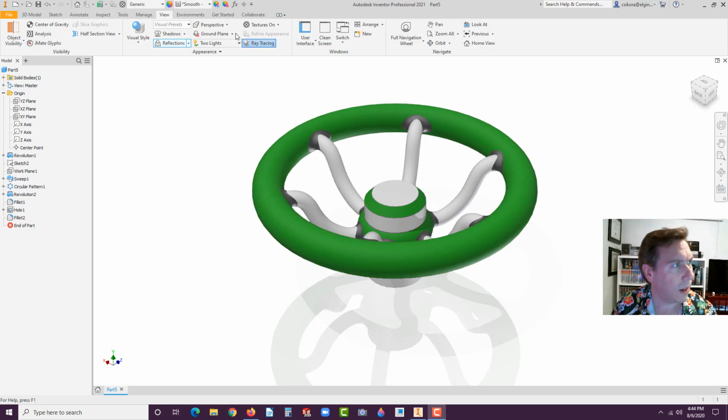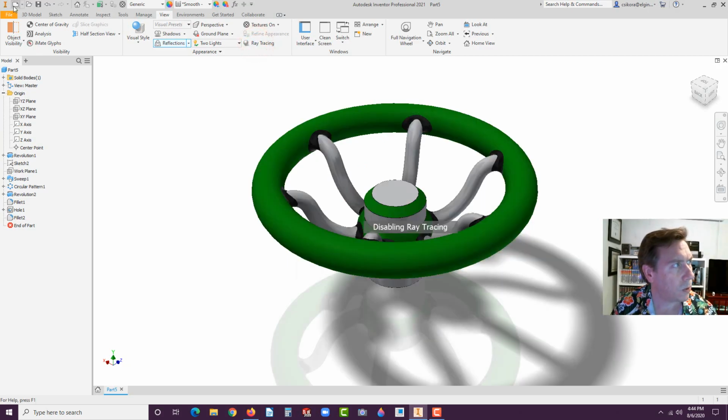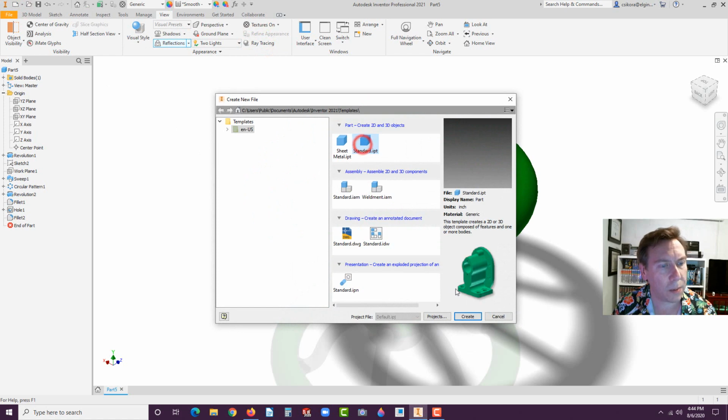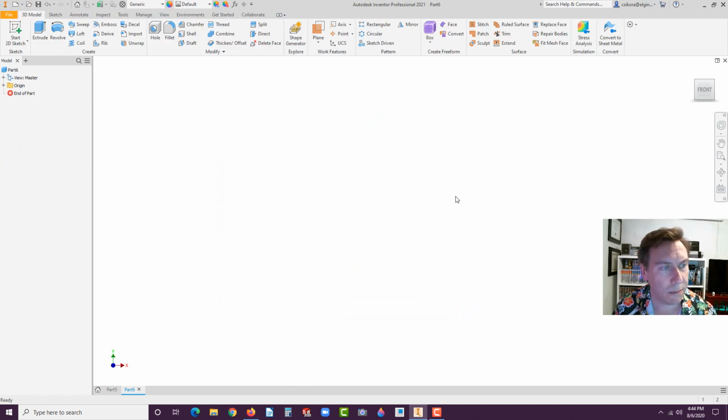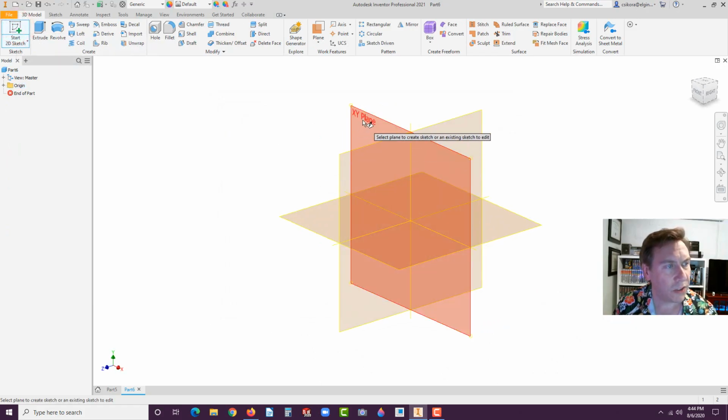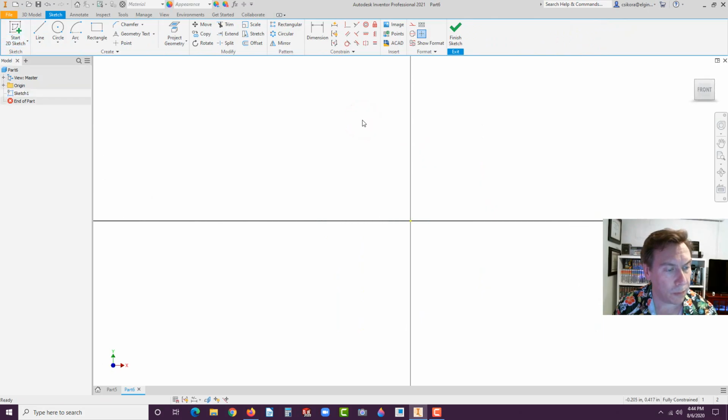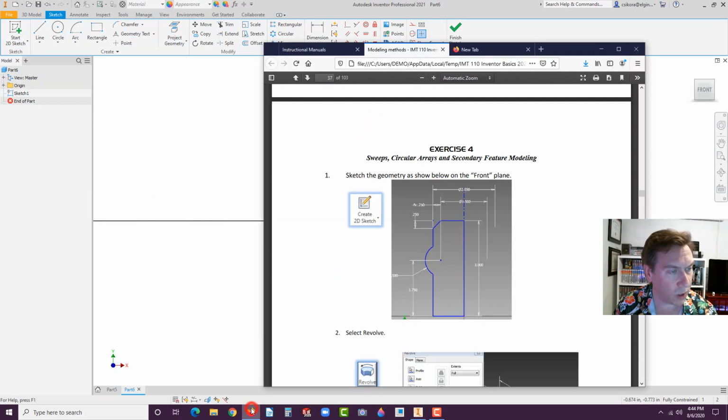First of all, go to New, Standard IPT, and hit Create. Go ahead and click on Start 2D Sketch. Select the XY plane. Now, if you're wondering where we're going to get this information from, as usual, we're going